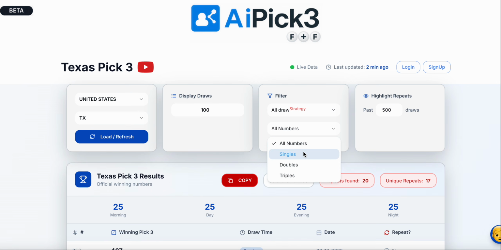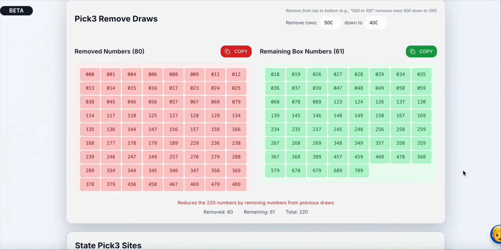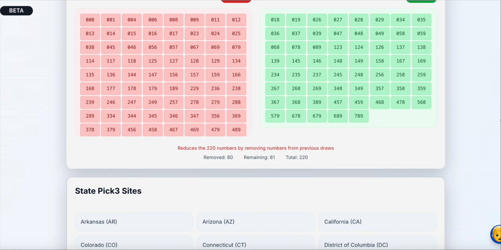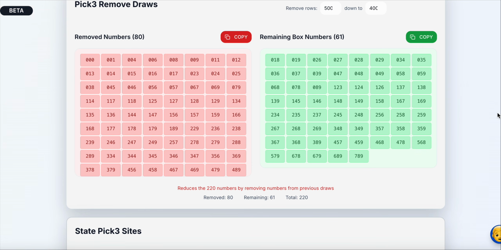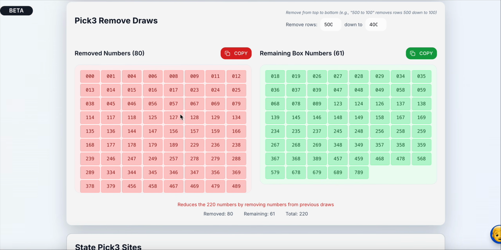So isolate the singles like that. Now let's see how much we have. Now we have 61 numbers. Oh, yes. We're going to go lower than this, don't worry. 61. So it is guaranteed with a high probability, over 90% range, that if you have numbers in here at this time, you think a single is going to come out, and if a single comes out, right, and it's not a repeat, okay, then guess what's going to happen?